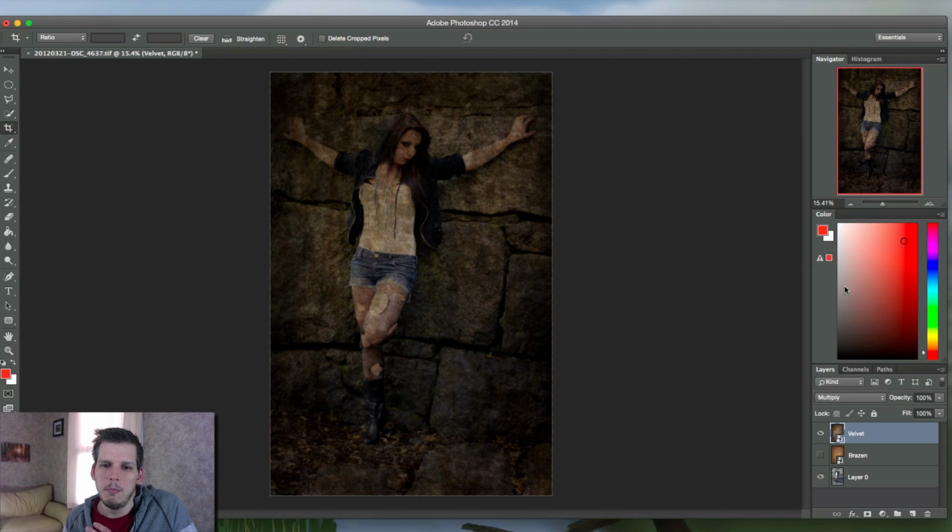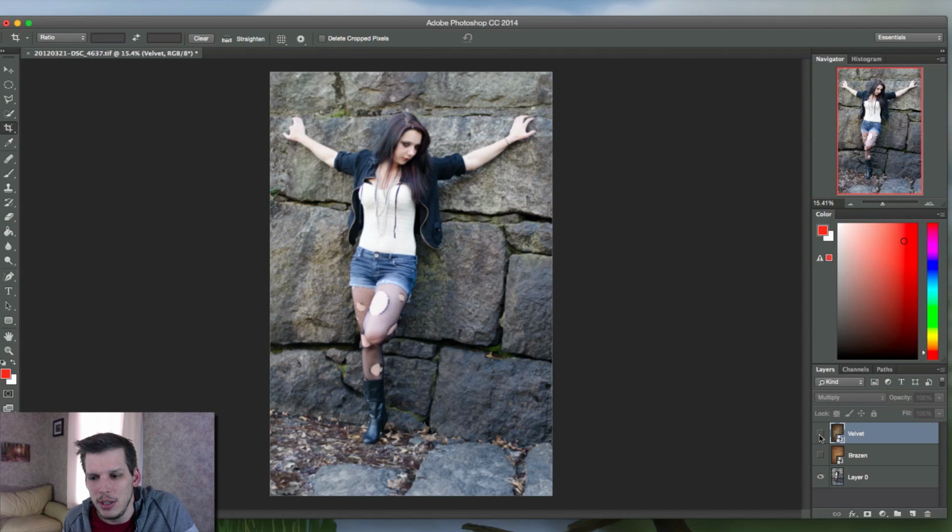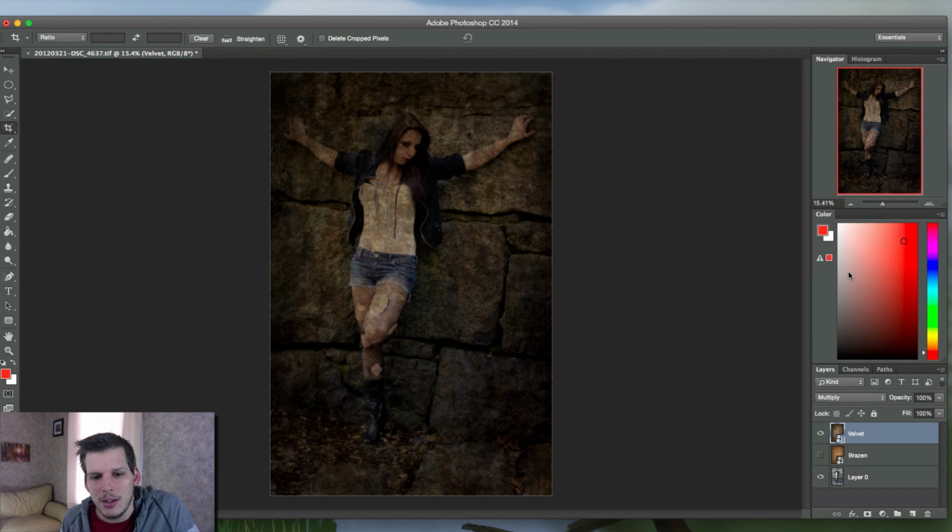So you get a blend of both of those, and the result of that multiplication is a darker overall image with your texture kind of blended into it. As you can see here, the image got quite a bit darker than it was originally. Here's the original image again. With that blend mode applied, we get quite a bit darker, but we also get that texture effect applied to